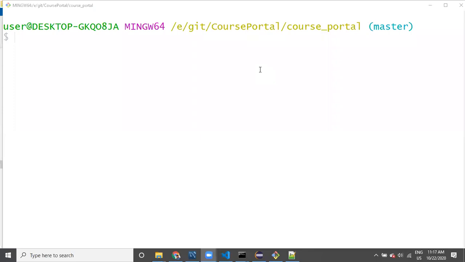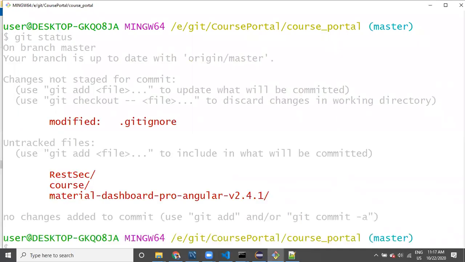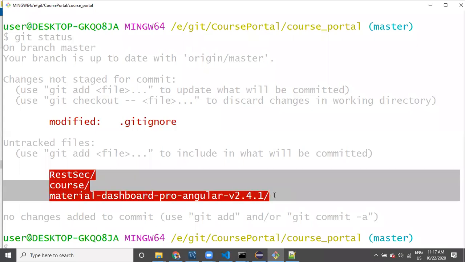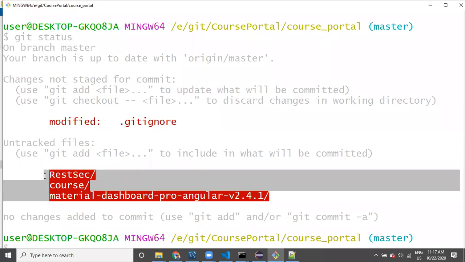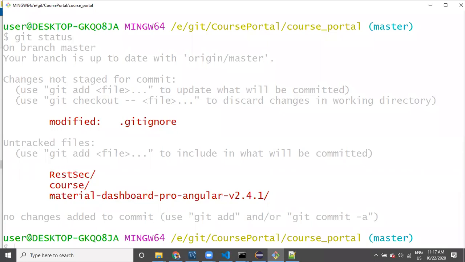The first thing you need to do here is git status. There is a command called git status. If I say git status, then it is going to display what are the different things available in the local machine which are not available in the server.